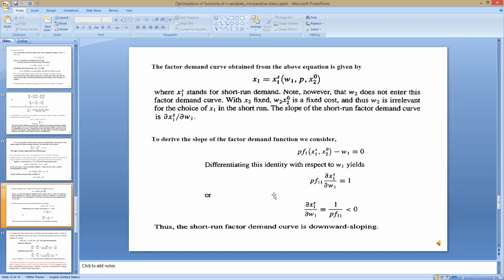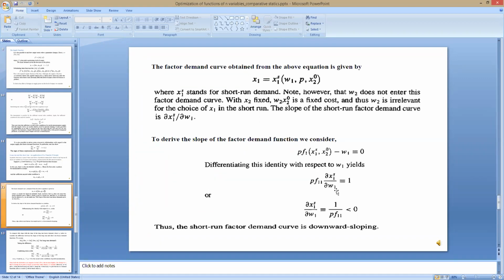And then we will take the derivative with respect to w1 as we did in the earlier case. Here we can take the derivative with respect to p, but not with respect to w2. However, at this moment, we do not require all the expressions. We are taking the derivative with respect to w1, which is feasible because w1 is there in x1 star.